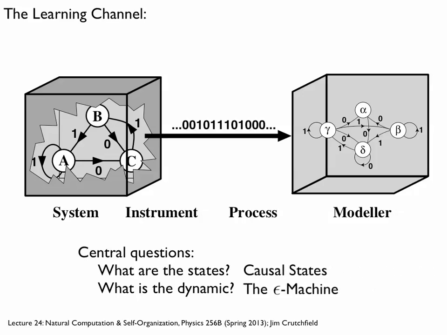What are these effective states? What are the causal states? What are they effective for? They are effective for prediction. What are the equations of motion? Well, it's really the causal state transition structure, and the net result is this epsilon machine, a set of states and symbol-labeled transition matrices, and those form a kind of hidden Markov model that has a number of properties that we'll establish today.